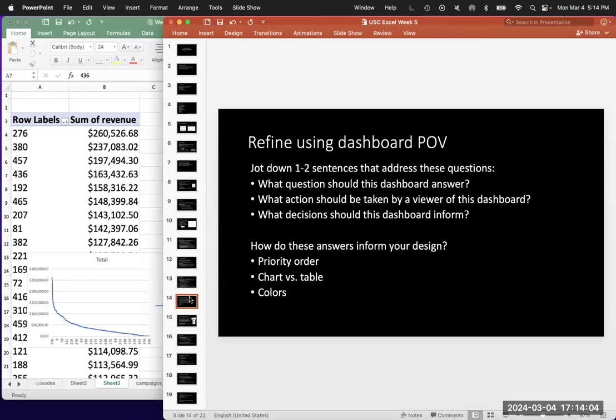So these are the same questions that I brought up before. What question is this dashboard trying to answer? What are the actions? What are the decisions? And as you answer those questions or think about those answers, do those inform anything about your design? Anything that you want to do with your layout, with how you want to title things, with the type of display you want to use? So I want to pause here and just do this as a quick exercise. So for this dashboard,